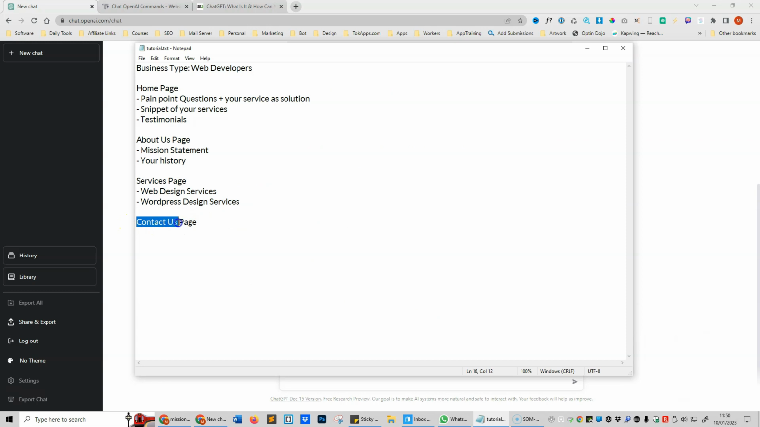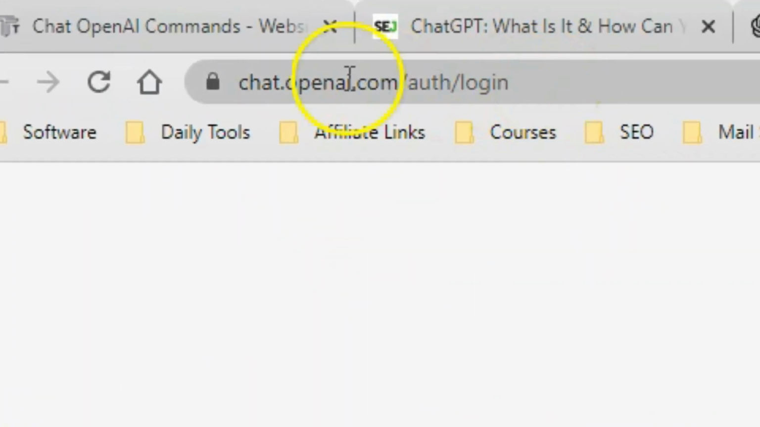And typically you also have a Contact Us page, but we're not going to be creating text for that because most Contact Us pages tend to have a form and some very basic information on how the person can contact them. First, start off by going to